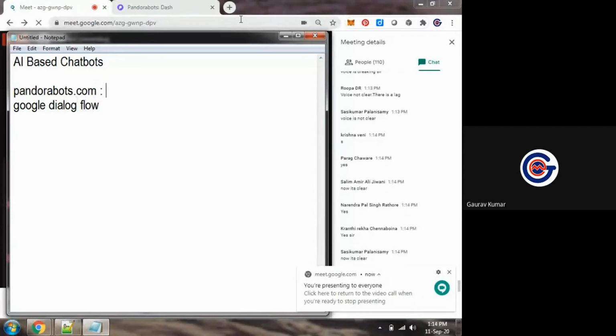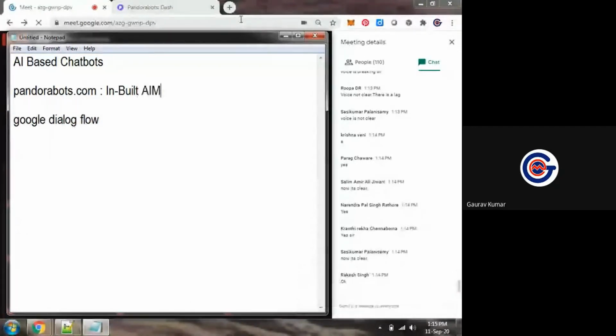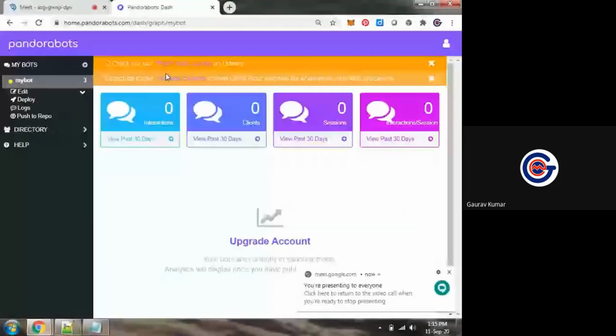Actually, this particular platform, Pandorabots, has inbuilt artificial intelligence markup language, AIML. So we can put in our queries, and we can give a complete database of questions and answers. As you can see here, in my bots, the edit code editor.